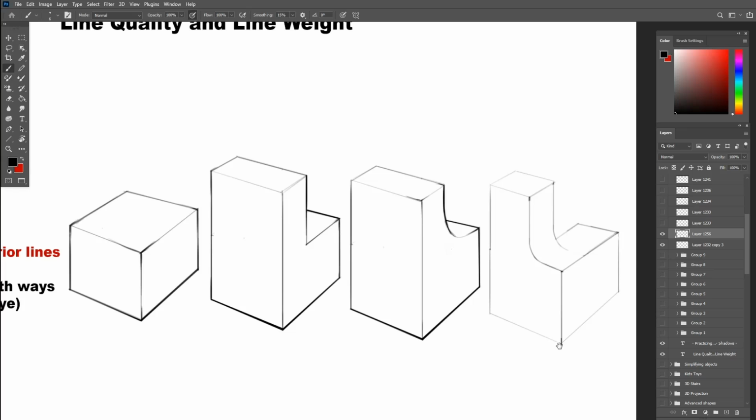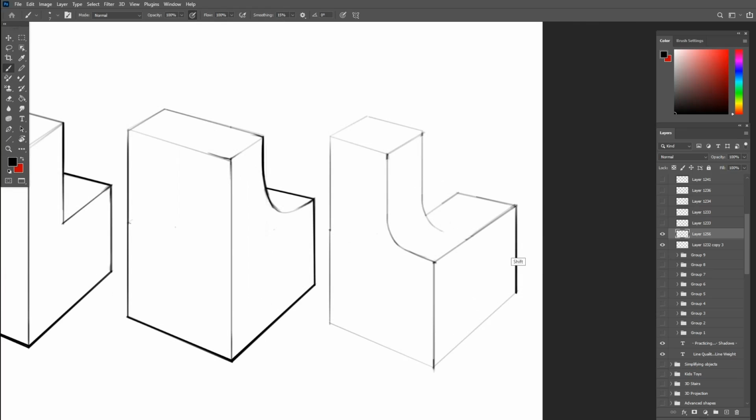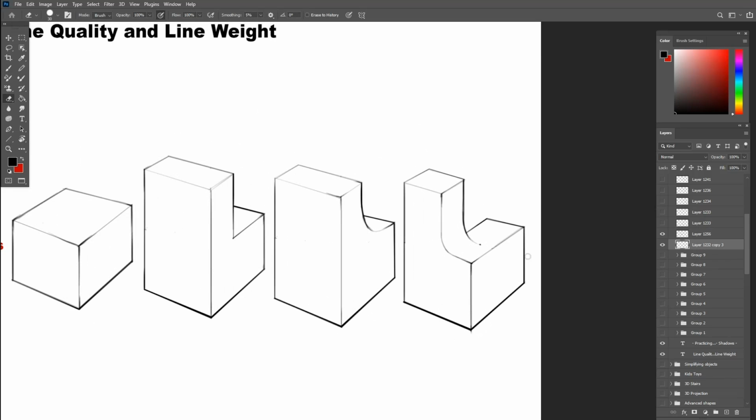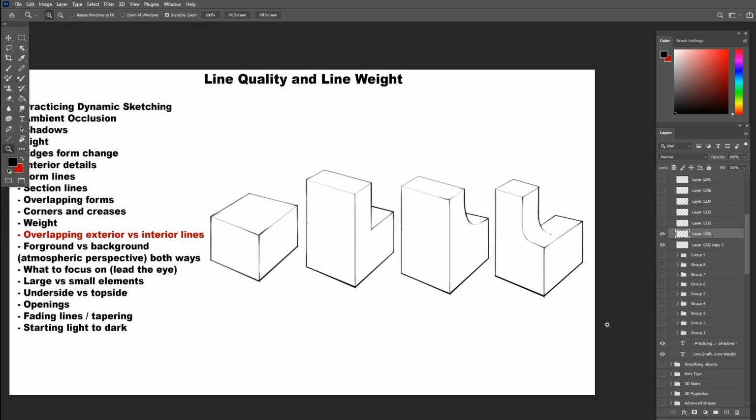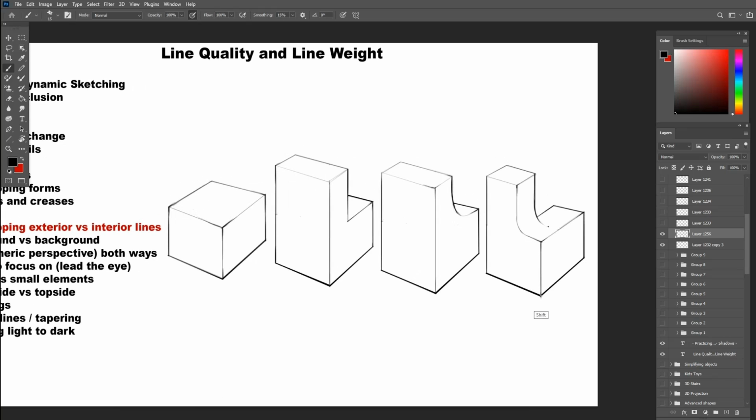So what if the curve comes to a stop? As we see here in the last example, the curve is overlapping an interior edge, but it's not all the way out. It stops and turns back to a straight edge. Now we do the same for the exterior parts. As for the curve, it will be thick from the exterior part and then tapers off to no edge, with a little dot at the end. We do this as an indication for the inner curve using the lines only. It's just a little indentation used in industrial design to show where the edge ends basically. We can also do form lines to indicate the curves as well in lighter lines. So this is the difference between these shapes and the overlapping exterior versus interior lines.